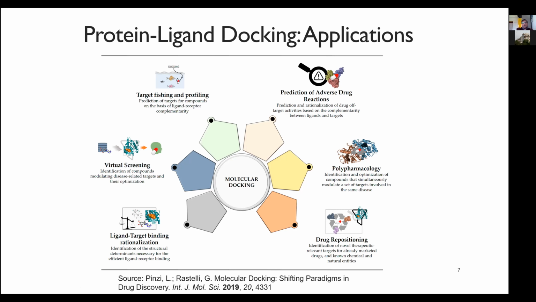So these off targets may ultimately contribute to adverse drug reactions. Other than that, it is also useful in polypharmacology, where you can rationally design a single ligand molecule which can bind with multiple targets, or which can simultaneously modulate a set of targets in some complex diseases like cancer, Alzheimer's. And the most important one, which has been recently useful, is drug repositioning, wherein you can identify new therapeutic targets for your already existing drug.